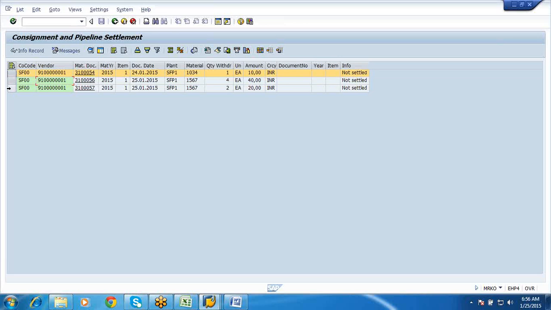The second and third are for today's transaction. Two we moved from consignment stock to our own, and the other two were moved directly. So these are the outstanding transactions which need to be settled.